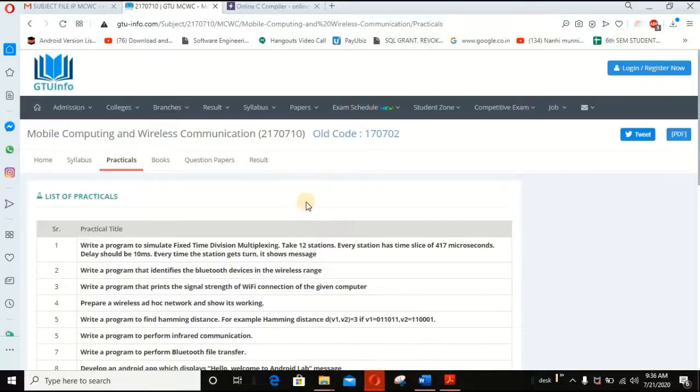श्री स्वामीनारायण इंस्टीट्यूट ऑफ टेक्नोलॉजी, बाट, गांधीनगर। प्रीवियस सेशंस में हमने थियरी के सारे कंसेप्ट क्लियर किए, नाउ इस सेशन में हम प्रैक्टिकल की ओर देखते हैं। सो मोबाइल कंप्यूटिंग एंड वायरलेस कम्युनिकेशन, सब्जेक्ट कोड